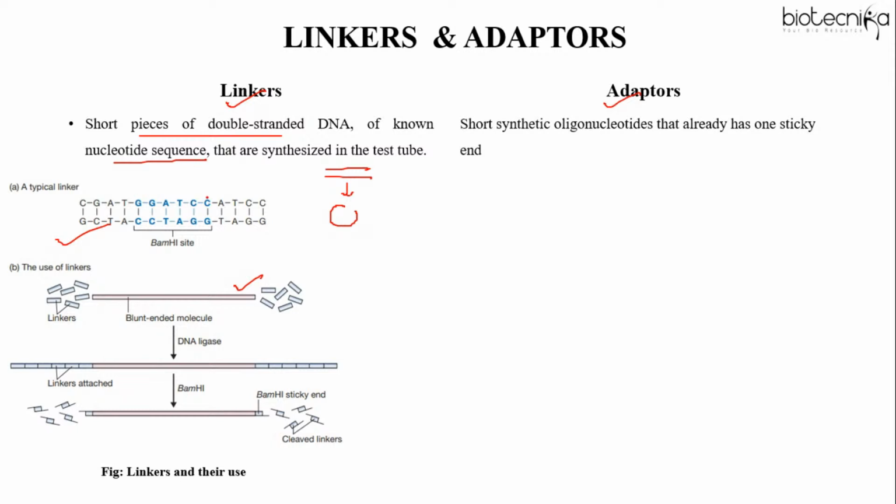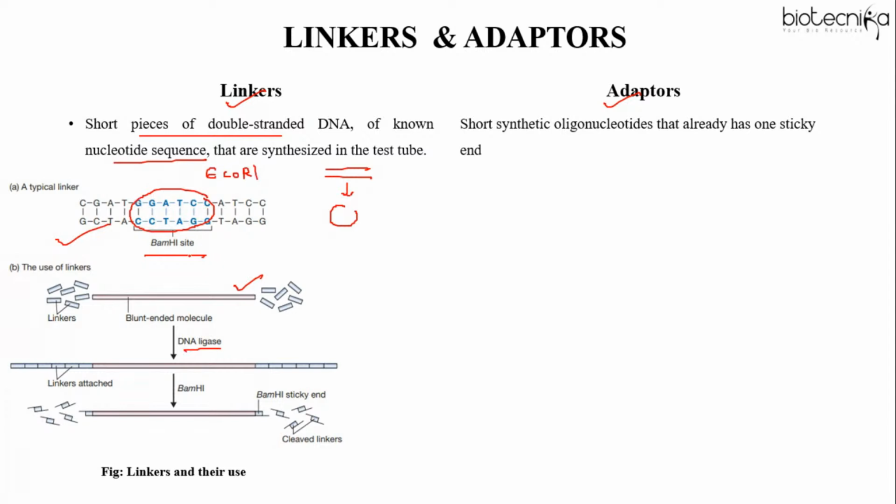Okay, so basically this linker, you can see it already contains a recognition site for a restriction enzyme. Based on whatever recognition site of restriction enzyme is present, we call that linker according to that name only. Like this is a BamHI linker. If the EcoRI recognition site is here, we will call it an EcoRI linker. Okay, so here this is the BamHI linker, and we'll attach this linker to the blunt end molecule with the